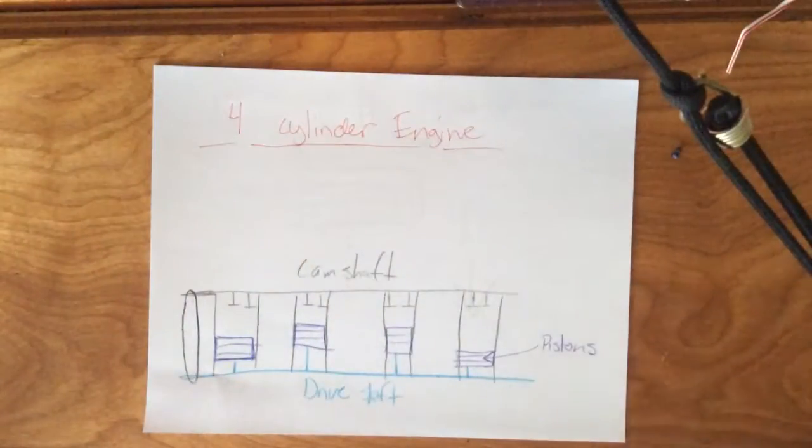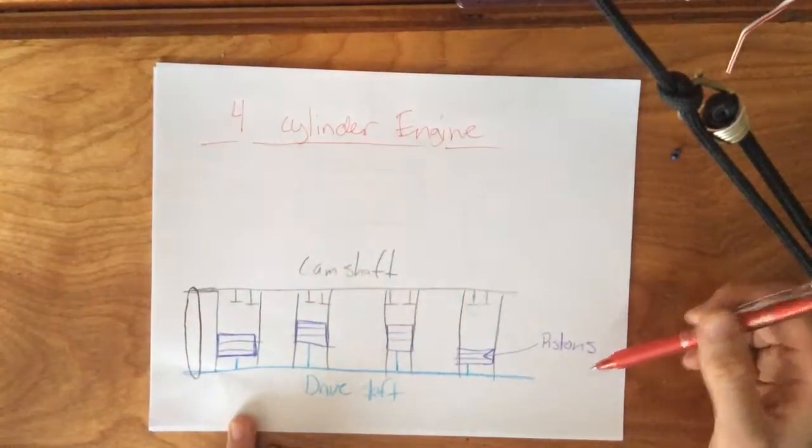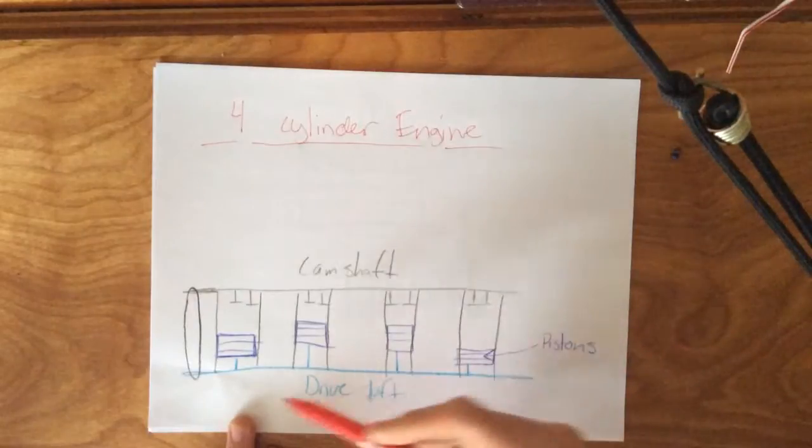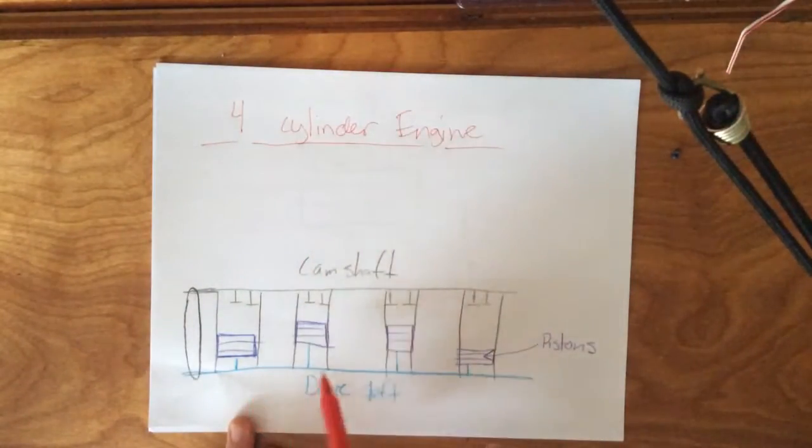So the four-cylinder engine has three different parts. It has the drive shaft, the camshaft, and the pistons. And the way it works is that the drive shaft will rotate, and it brings these pistons, like these two